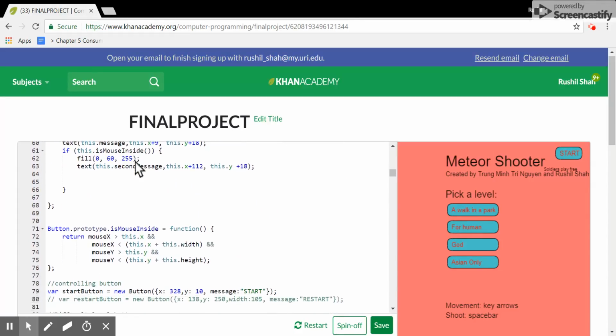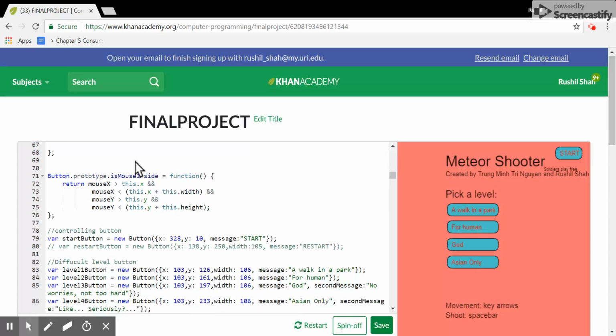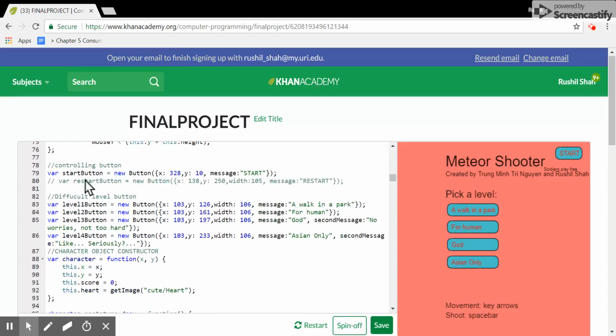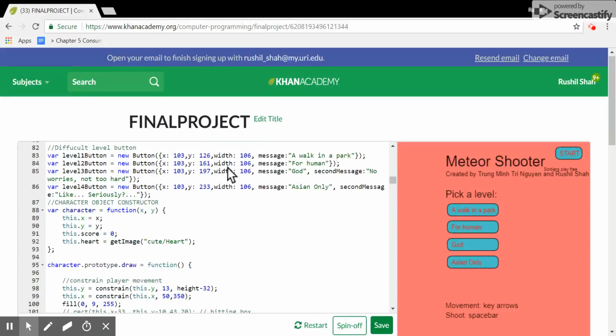Then over here, a function is used in order to create the functions of the buttons. The controlling button, this line of code over here, is used to display the controls that are used to play this game. That are the arrow keys and the space button. These are the difficulty level buttons,